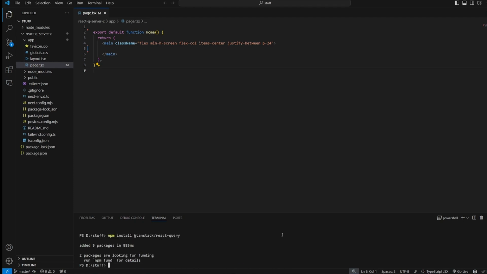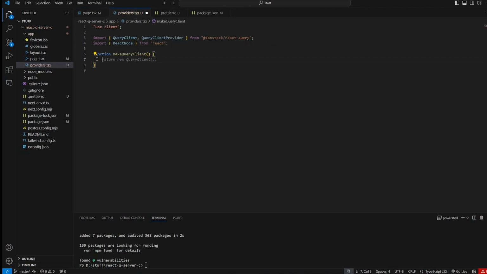Today, we'll set up a server-side rendered app using Next.js 14 and Tanstack Query for advanced data fetching. We'll use an external weather API to fetch current weather data and a 7-day forecast. So first, we'll start by creating a query client provider to manage our query state, ensuring both server-side and client-side